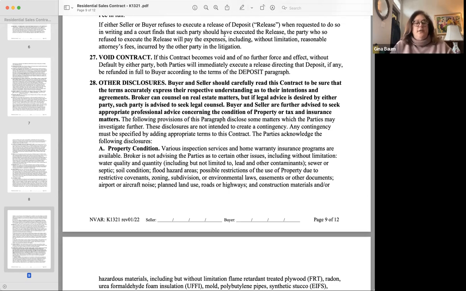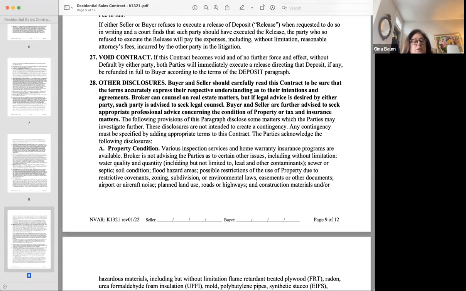Property condition: various inspection services and home warranty insurance programs are available. Broker is not advising the parties as to certain other issues, including without limitation, water quality and quantity, including but not limited to lead and other contaminants, sewer or septic or soil condition, flood hazard areas, possible restrictions of the use of property due to restrictive covenants, zoning, subdivision, or environmental law,